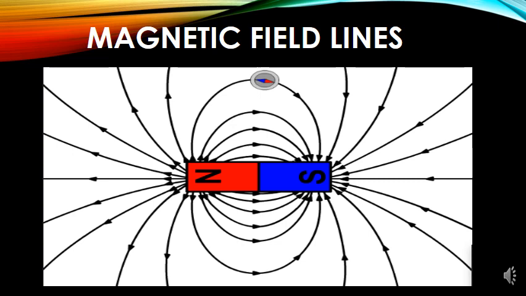The direction of a magnetic field line at any point gives the direction of the magnetic force on a north pole placed at that point. You can see in the diagram, it is very clear. Since the direction of the magnetic field line is the direction of the force on a north pole, the magnetic field lines always begin from the north pole of a magnet and end at the south pole of the magnet. You can see that clearly in the diagram. And how do you trace these lines? Using a bar magnet and iron filings. You will learn that now.